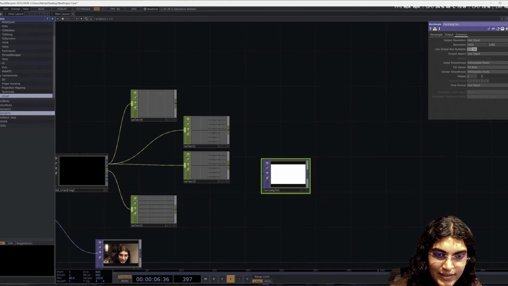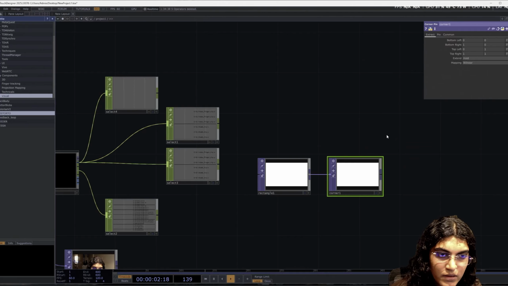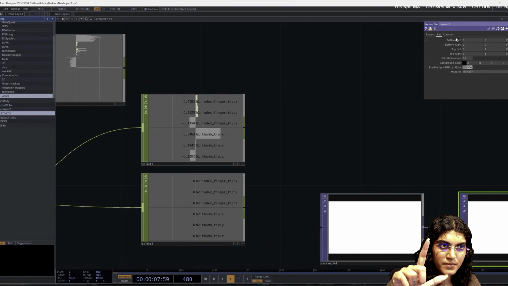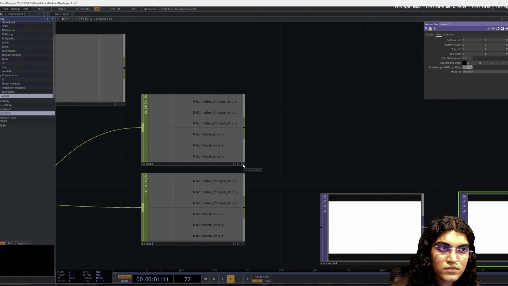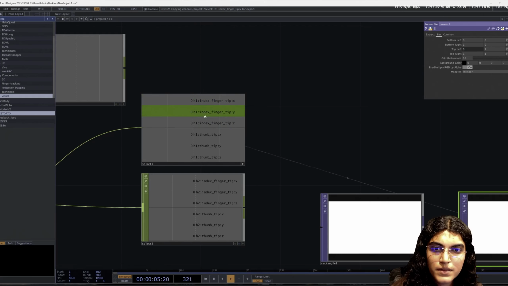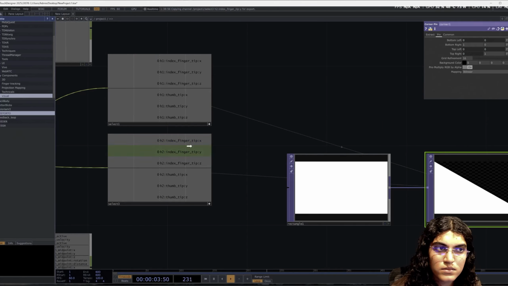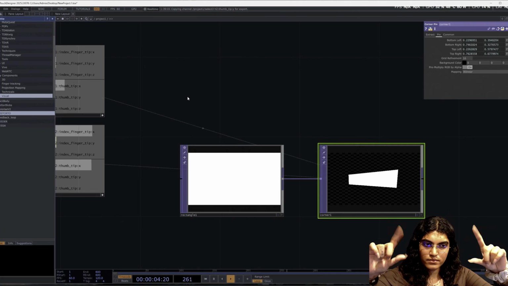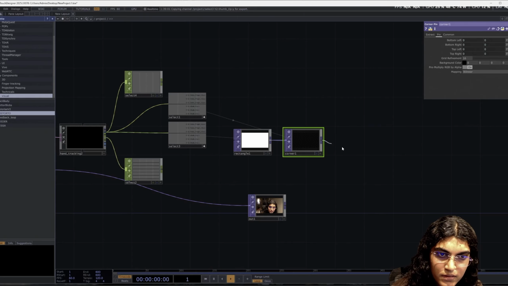So after that, just add a rectangle, and I think you need to add a corner pin. In the corner pin, go to the pin and let's just connect. So the bottom left is always gonna be the thumb. Left top is always gonna be the index. So let's just connect it like that. Once this is done, you will have accurate tracking. So how you use it is basically just comp it and then multiply it.